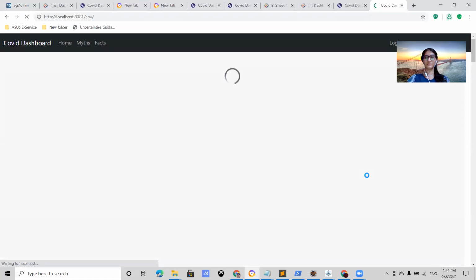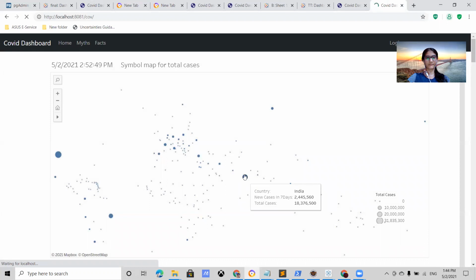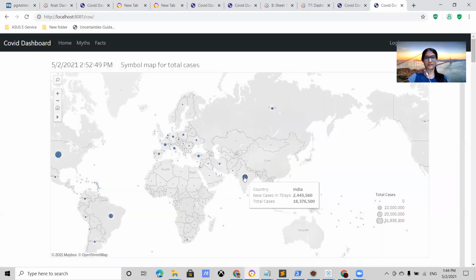It is getting updated. We are still able to see the previous data, that is 1 crore 83 lakh total cases.